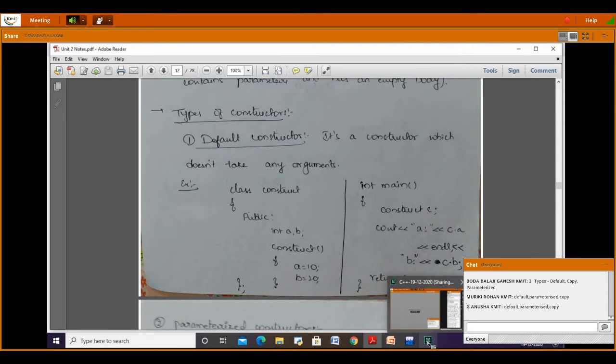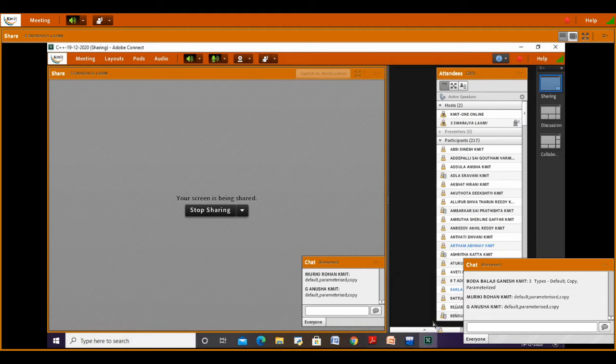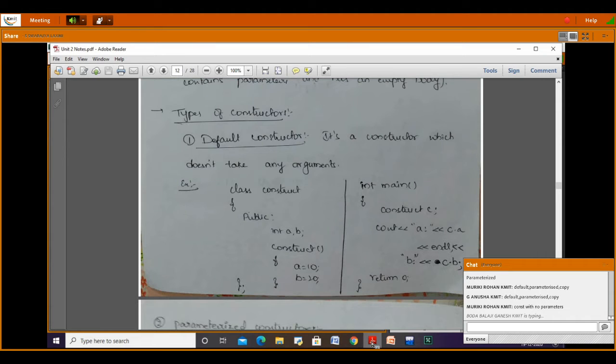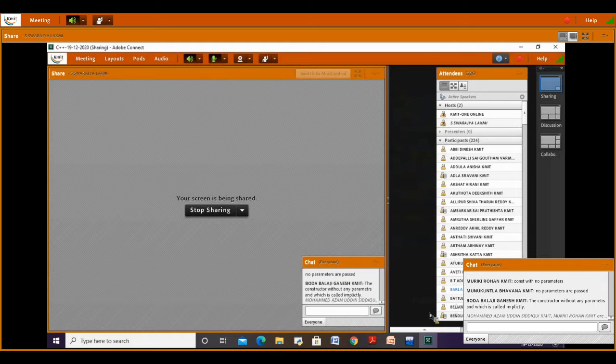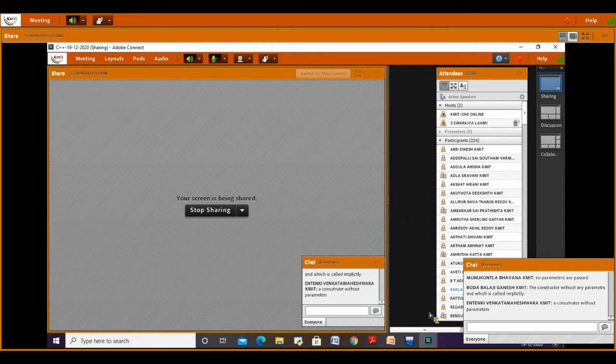So what is a default constructor? It's a constructor with no parameters, a constructor without parameters.